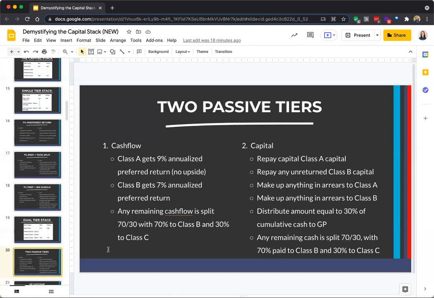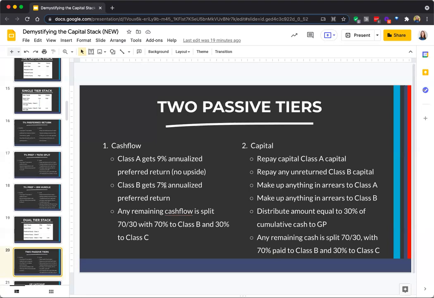Now, oftentimes when I have a conversation with the investor, it can go one of two directions. Their minds boggle. They're like, I don't know which one to invest in. Like, how do I know? Well, it depends on what your goals are. If you're just needing cash flow and you don't care about growing the upside on the deal, if that's your goal with your portfolio, Class A might be a better position for you. If you are wanting to actually grow the net worth of your portfolio, Class B might be a better position for you. It really depends on your investing goals.